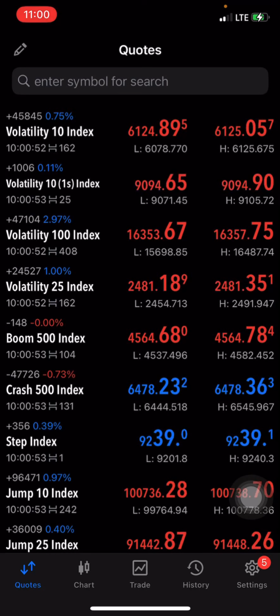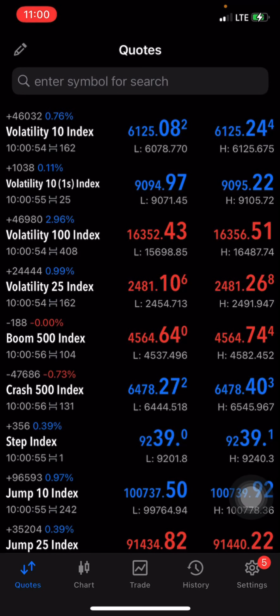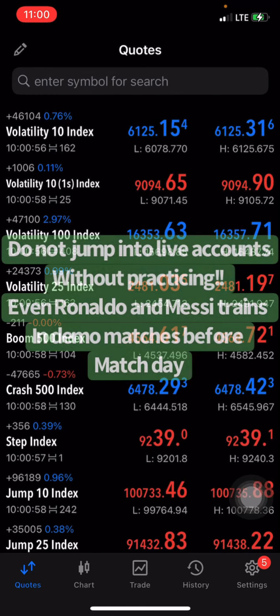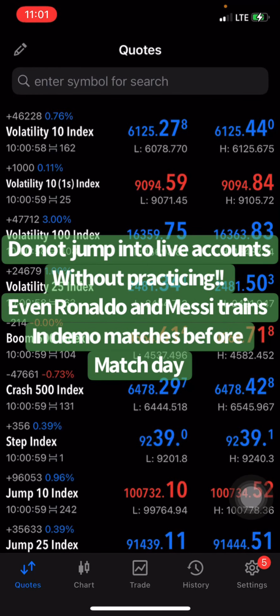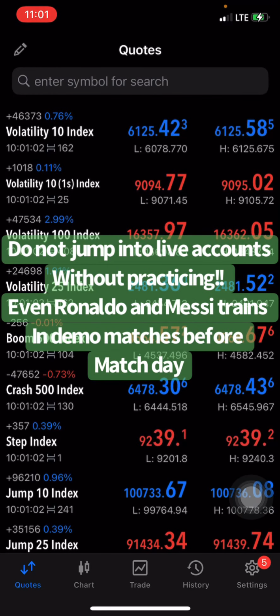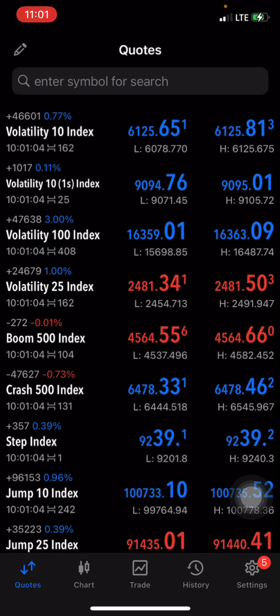So I expect you to go into your charts, your demonstration accounts to start with, and then start backtesting the strategy. Give it time, and see the results. Try to master it, and